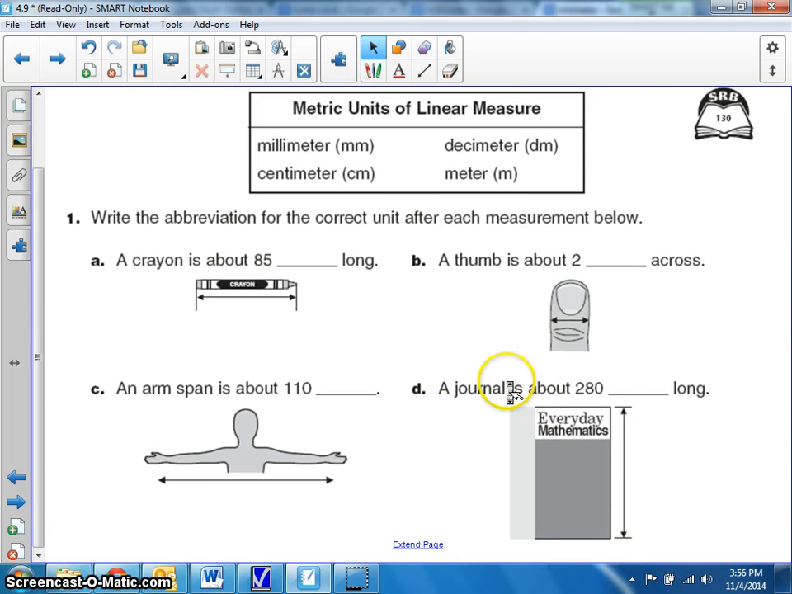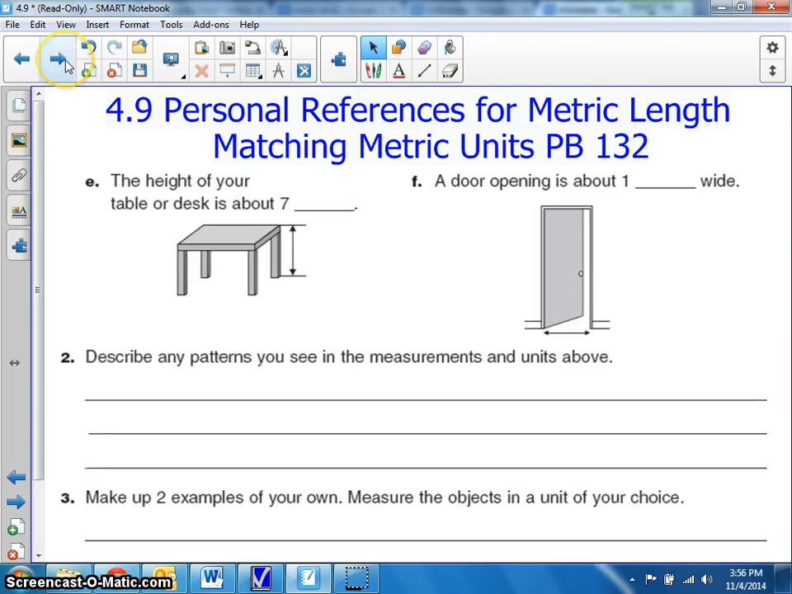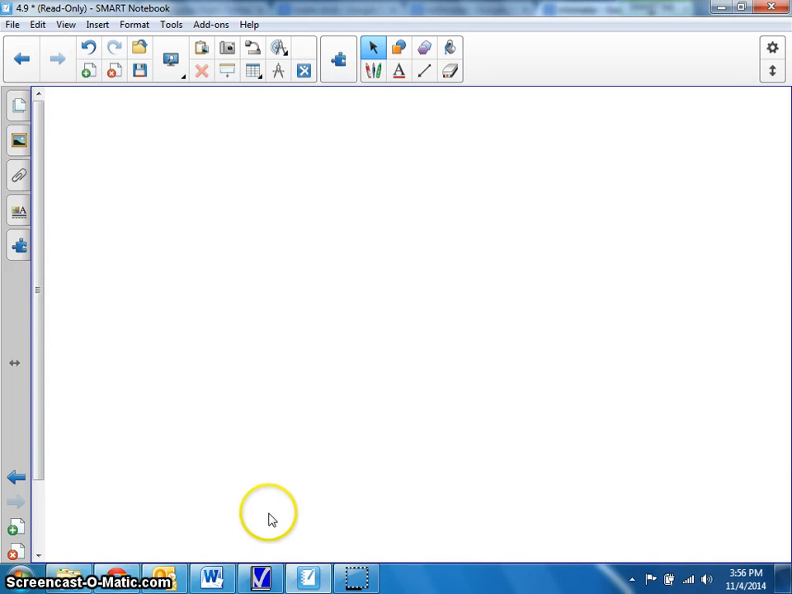Make sure you know what these are, because this sheet is one I'm going to ask you to do tomorrow in class. All right guys,